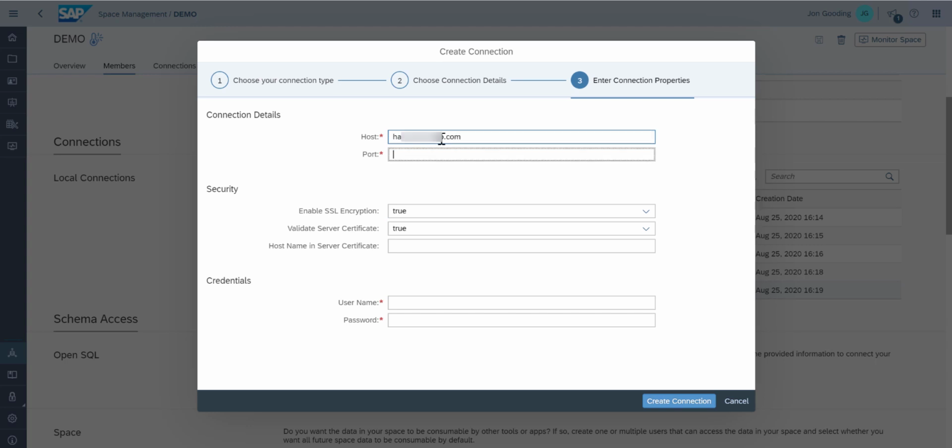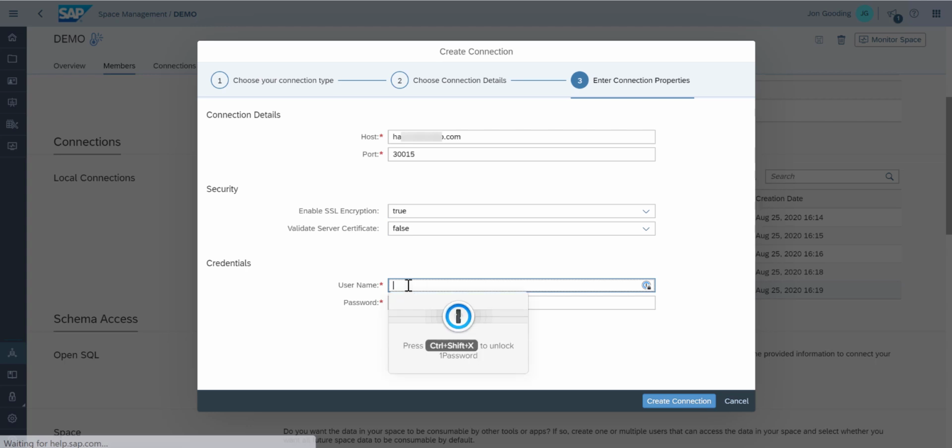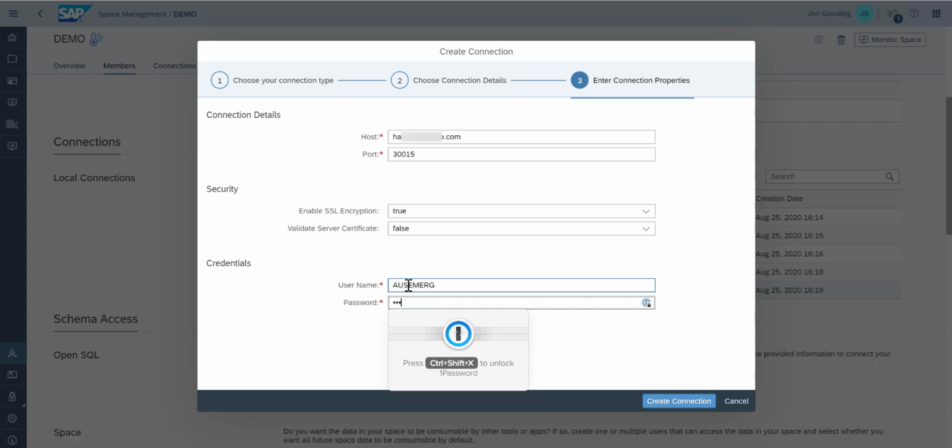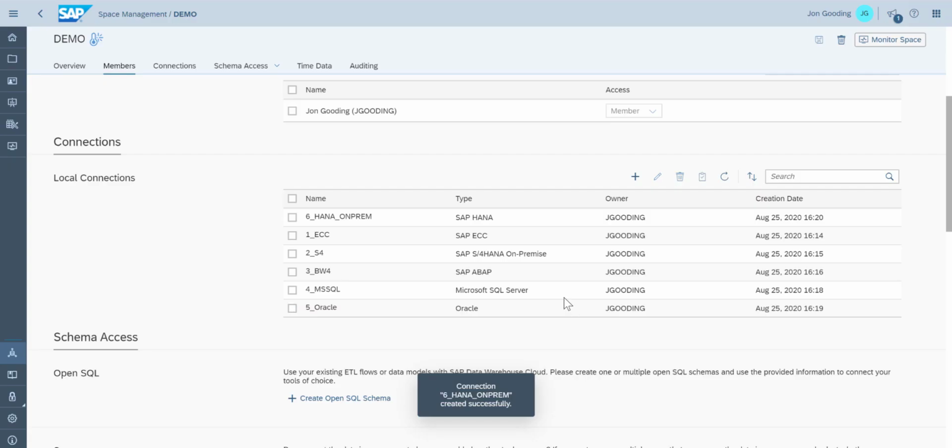This is also publicly accessible, so I don't need an agent, and I can just use the host name, not validating the certificate, and just the username and password. So again, very quick and easy to add a HANA instance, connecting that to the Data Warehouse Cloud,